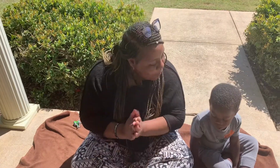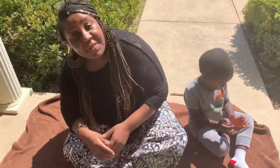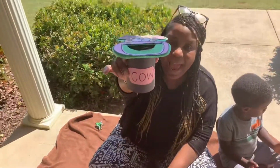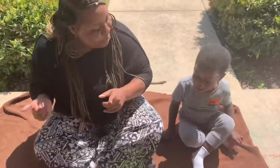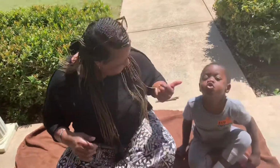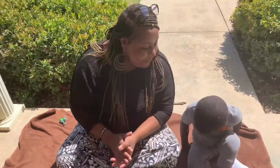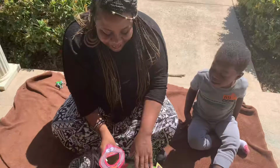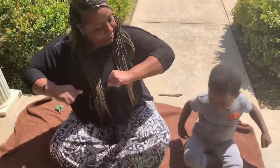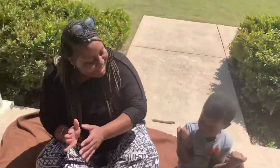Old MacDonald had a farm, E-I-E-I-O, and on that farm he had a cow, E-I-E-I-O, with a moo moo here and a moo moo there. Here, moo, there, moo, everywhere, moo, moo. Old MacDonald had a farm, E-I-E-I-O. And on that farm he had a chicken, E-I-E-I-O. With a cluck, cluck here and a cluck, cluck there. Here, cluck, there, cluck, everywhere, cluck, cluck. Old MacDonald had a farm,